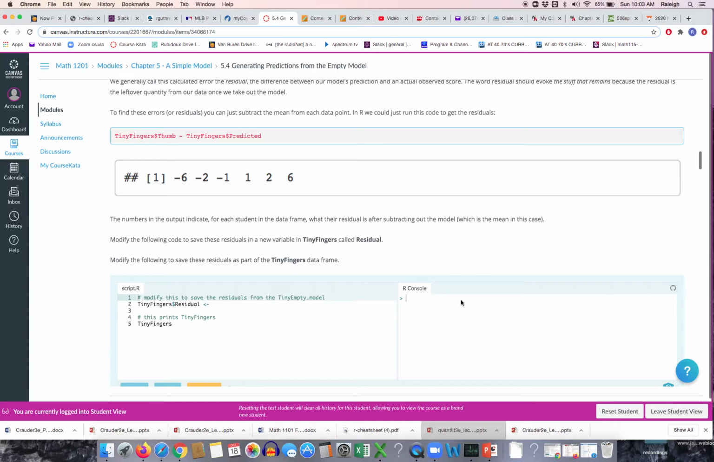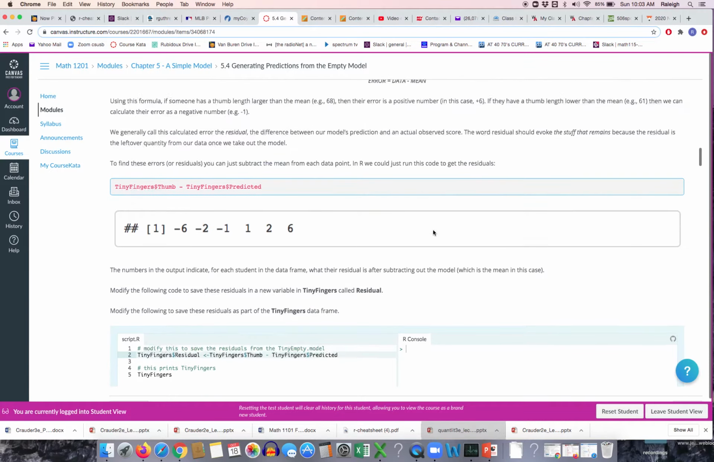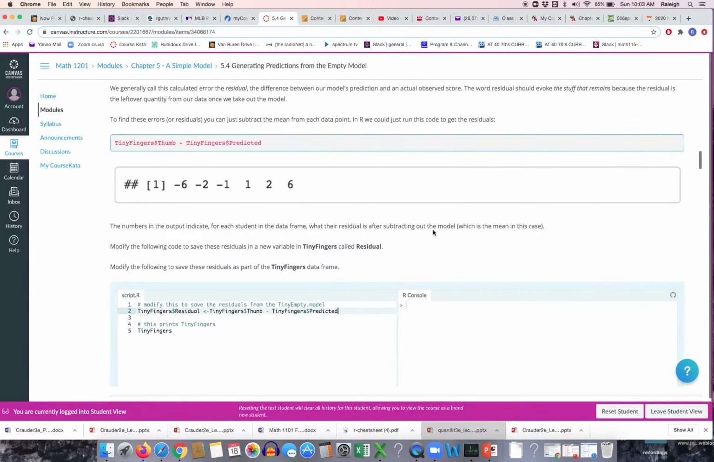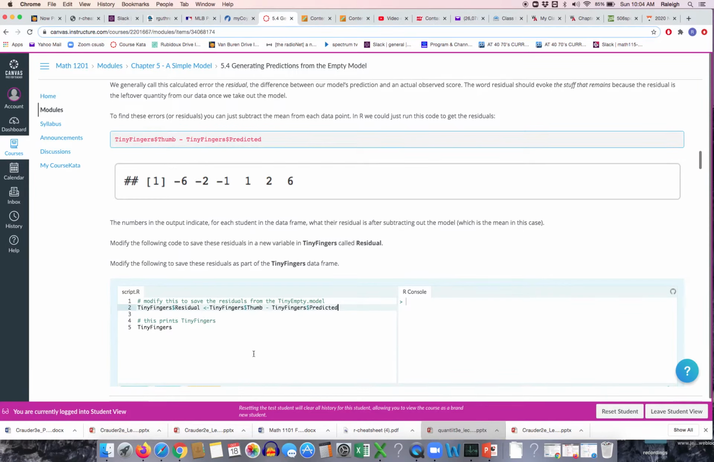The numbers in the output indicate for each student in a data frame what the residual is after subtracting out the model. So we can modify this and use exactly the same command to figure out what the tiny residual would be. tinyfingers$residual. So I'm simply going to save a little time and copy this. You can do the same and slip it in here, and that will actually give us the residuals, the data minus the predicted, data minus the mean will equal the error or residual. And of course the printout, very simple, just make sure you type in the data frame tinyfingers,